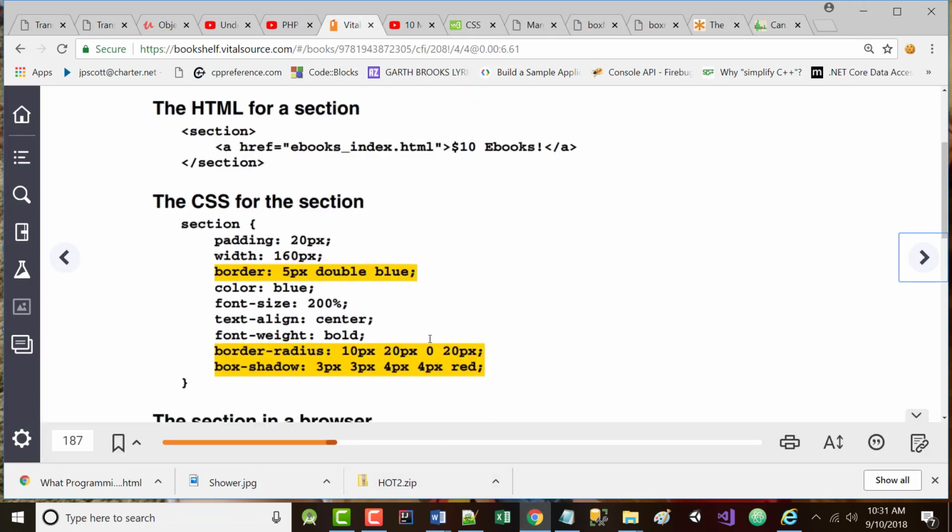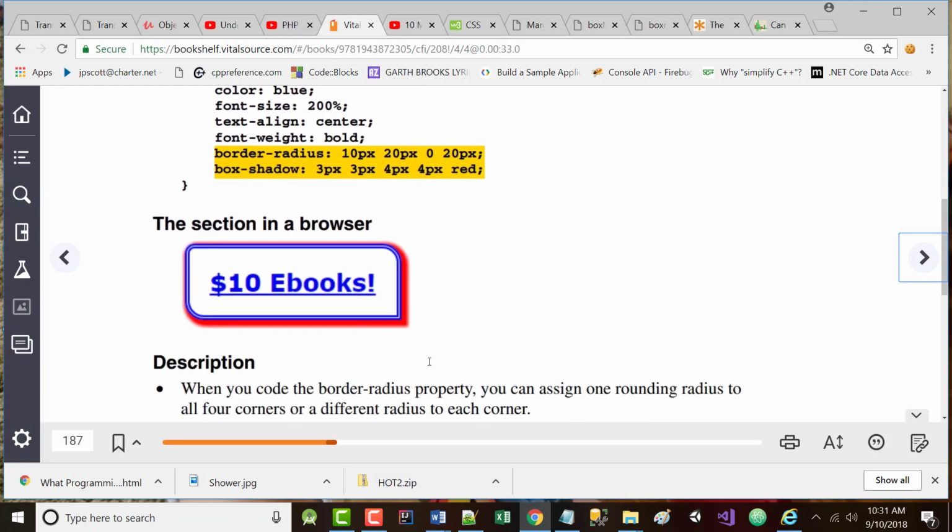Why do you do it? You do it for effect. Notice when you set this stuff up, by default, if you set a border radius, notice here, the third one is gone. All right? And there's no radius there. You can make everything rounded. You can make part of it rounded. You can do whatever it is you want to or need to do with both the radius and with the